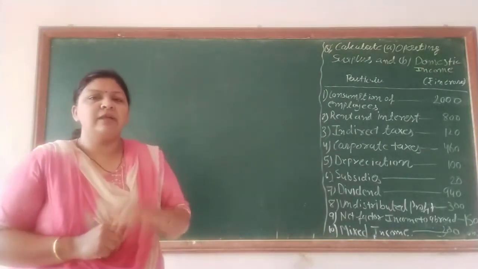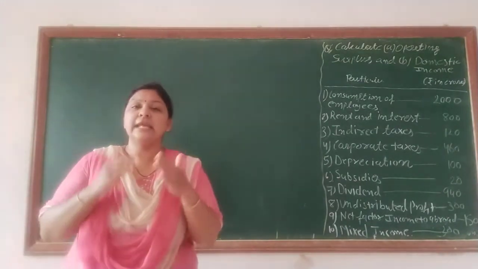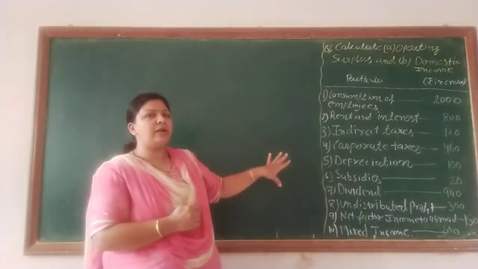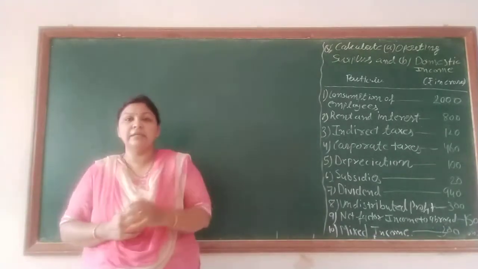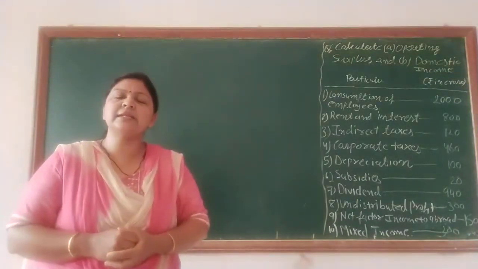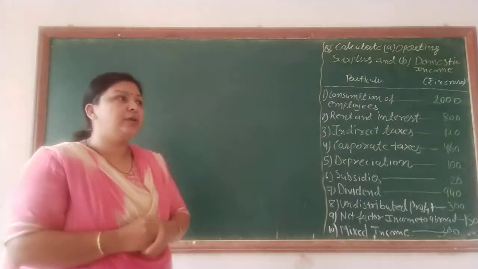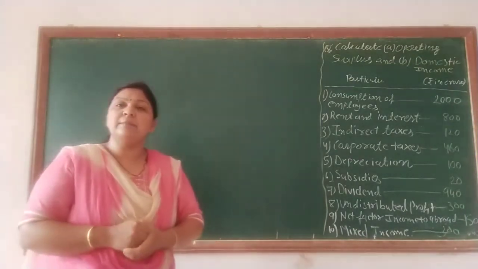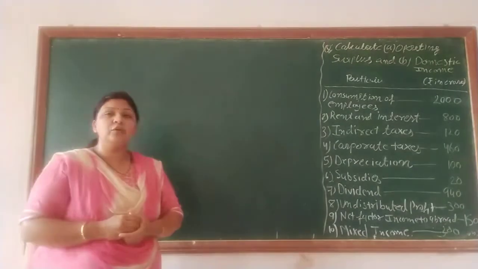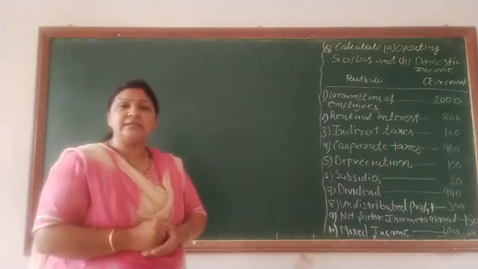Now keep in your mind, when we are talking about the different methods, meaning the value added method, income method, and expenditure method, we can easily find out from the data which method we will apply. Operating surplus is a part of which method? That is the income method. So here we can apply the income method. Operating surplus and domestic income, both you have to find out in this sum. Data is given to you in rupees crores only.